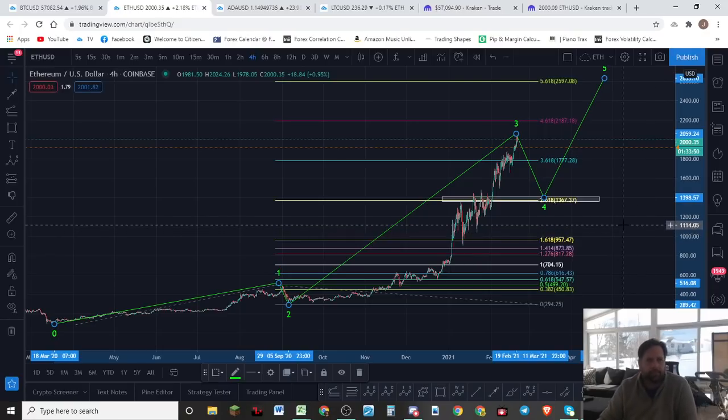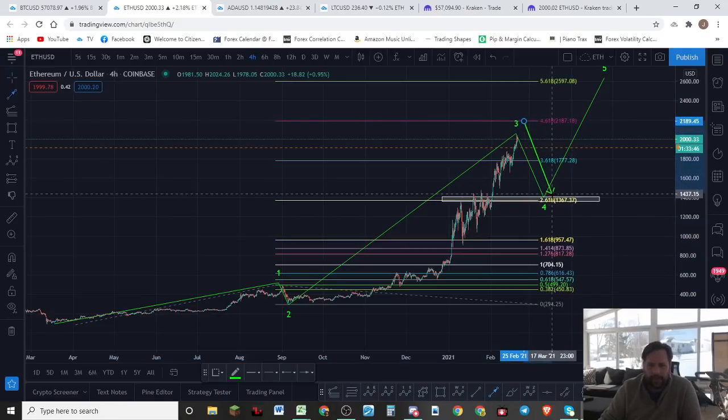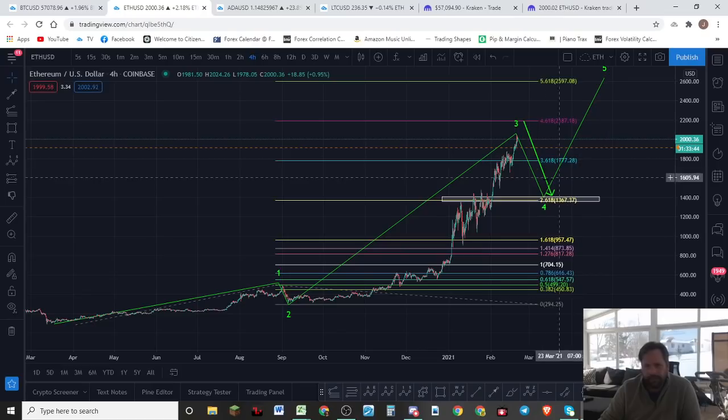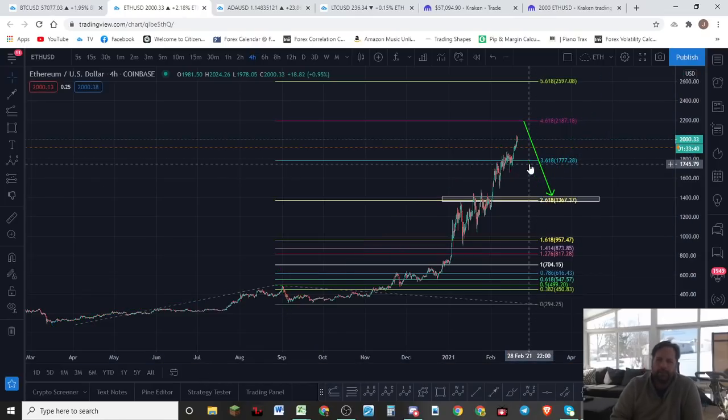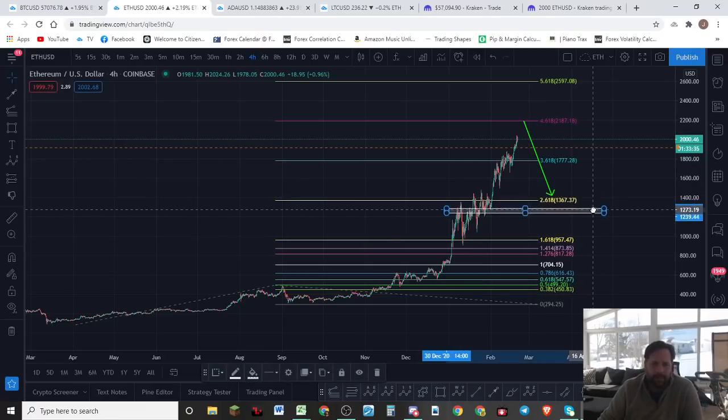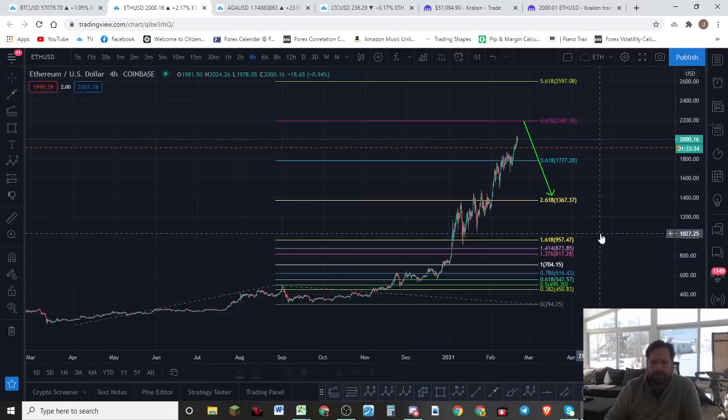So take your pick, guys. But both of those counts have us in this region, in this range, coming down for a correction. Okay. Now, again, that's if my interpretation is correct. What we're trying to do here, we're not trying to be right here. I'm doing my best. What we're trying to do is interpret the waves and say, okay, what are some possible ways of interpreting this that give me some conclusions about where we might be headed.